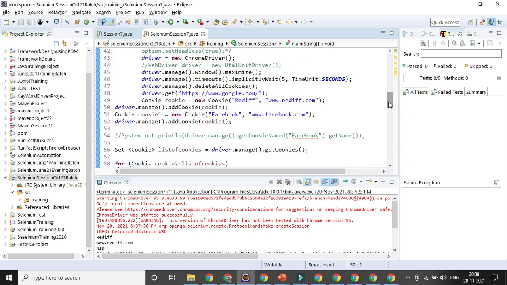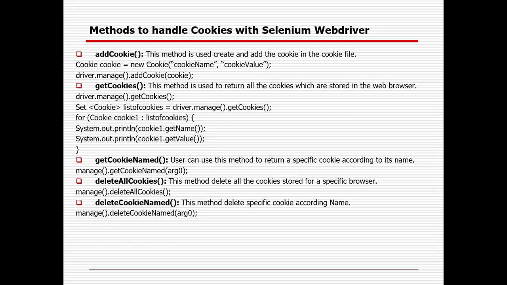And with the help of delete cookie, as I already mentioned, you can delete all cookies. If you want to delete a specific cookie, use delete cookie name, right? You need to give only the cookie name, so that cookie will be deleted from your system permanently. Okay, it's browser specific and case sensitive, so if you give lowercase, it will be different. With add cookie, you can create and add cookies. If you want multiple cookies, their name, value, path, all this stuff, you can get with get cookies. Specific cookies you can get with get cookie named. You can delete all cookies, and delete a particular cookie with delete cookie name.